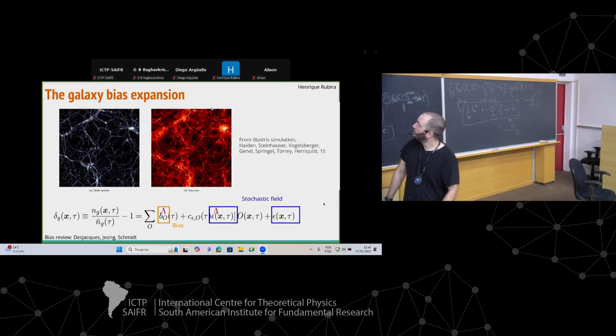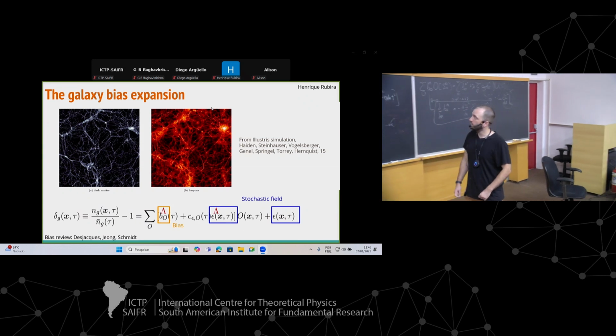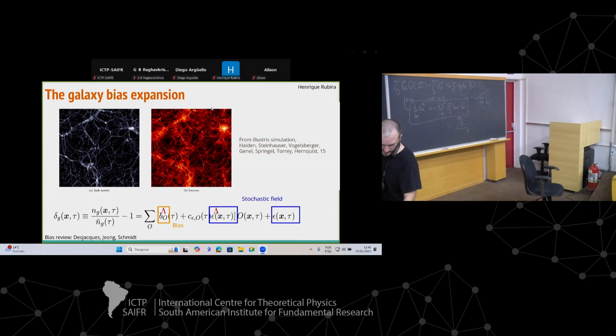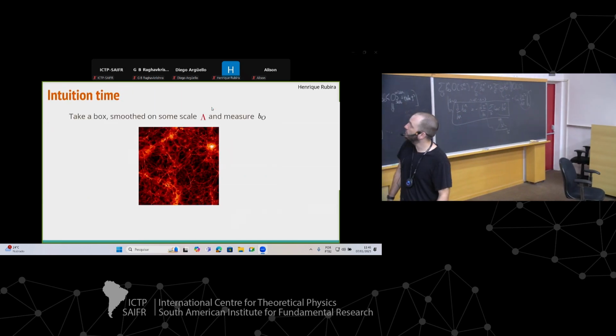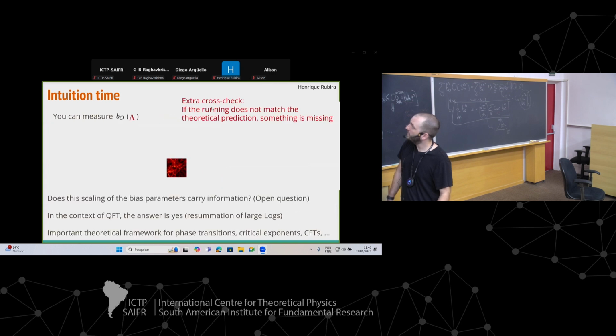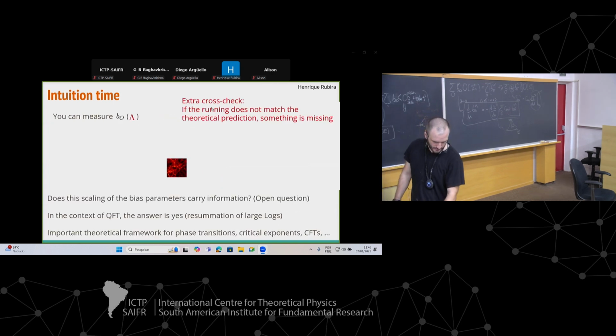And then you do the same for the bias parameters. You have the bias expansion, and you want to understand how changing the simulation as a function of scale affects the evolution of the bias parameters you measure. Mm-hmm. You measure the galaxy power spectrum in the simulation,